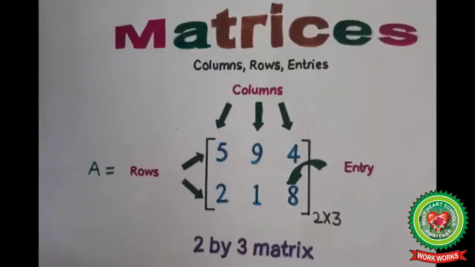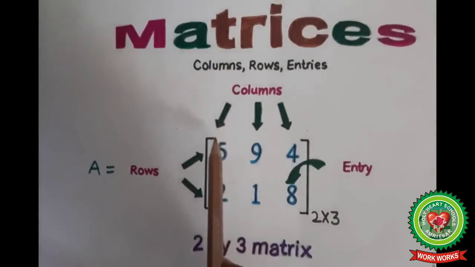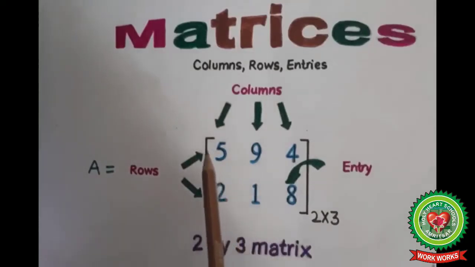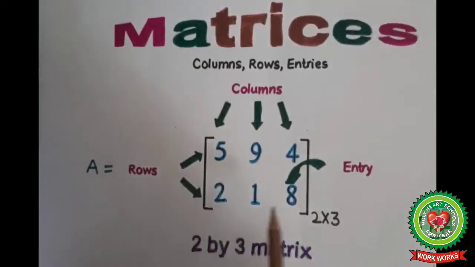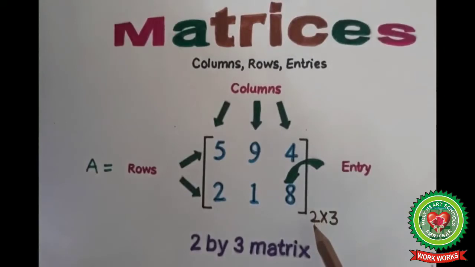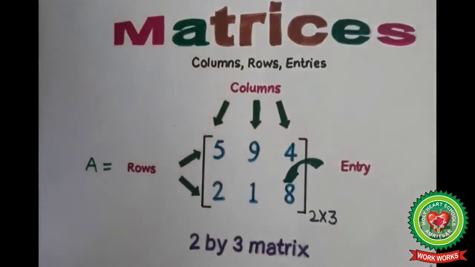Also, we know the rule to write the matrices. First of all, write down the name of the matrix, then big brackets, and within the brackets we will write all the elements, all the entries. And also we know that horizontal are rows and vertical are the columns. And here we write the order. First of all, we write the number of rows, then we write the number of columns. So its order is 2 by 3. Now we will start with the questions.